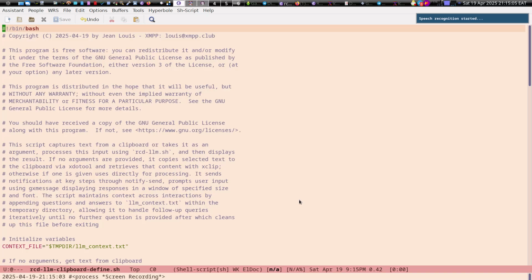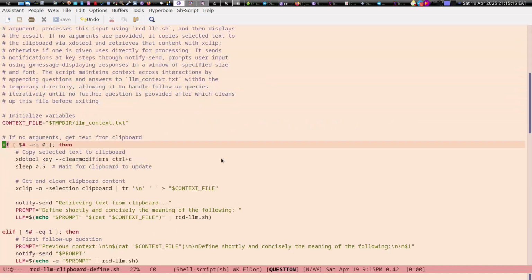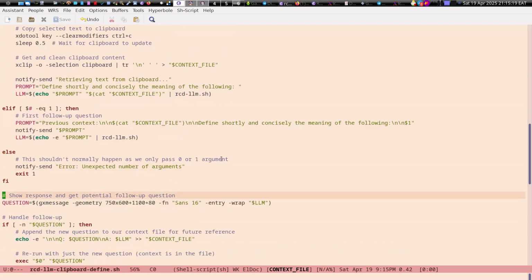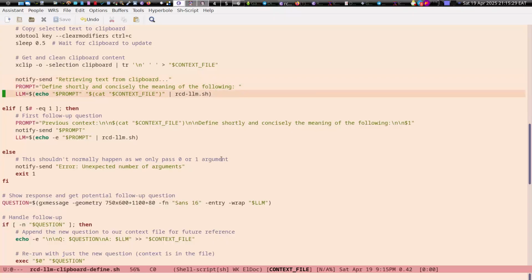Okay, this is the newest demonstration of large language model integration. Now we have this script which is going to work on the meta level, on a higher level than any program. So the script is going to work in any software, in Xorg or X server. Now we have just a simple dialogue with